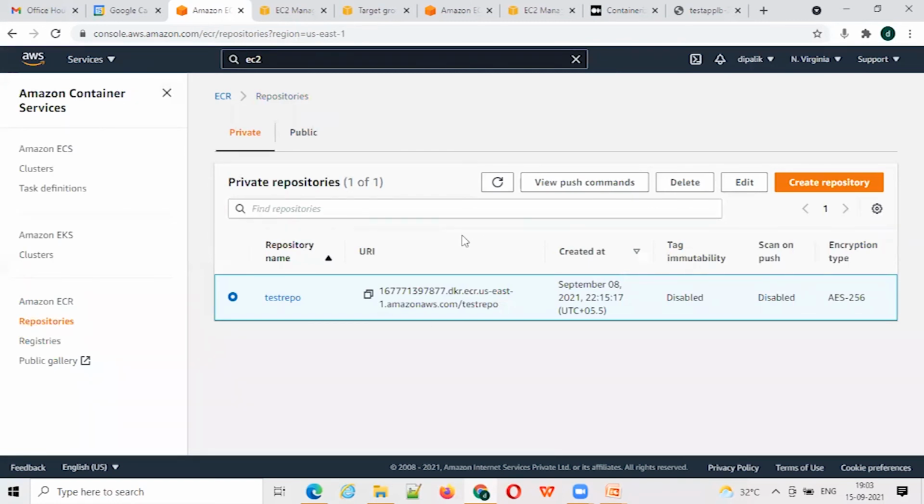Then we created the ECS cluster, and we defined our application blueprint using a task definition. Then we created a service to run that application. We also created a load balancer, and we configured it to receive traffic on port 80. Then we fixed the security group of our ECS cluster so it can receive traffic from the load balancer. Then we tried to hit the DNS of the load balancer, and eventually we can see our application is up and running.